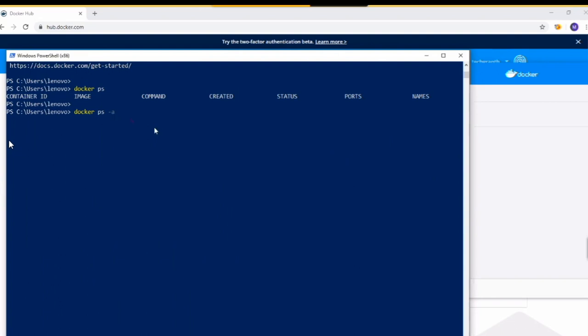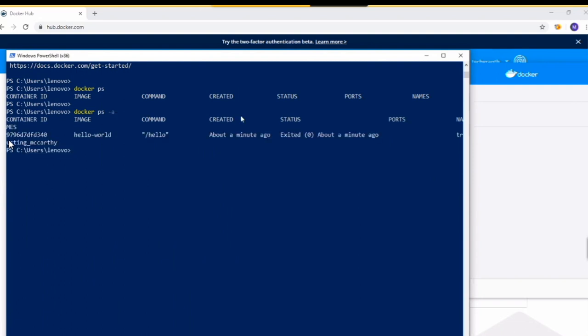Press enter here. Now you can see the details of that hello-world image container, right? And that has exited about a minute ago. Those details can be seen with the -a option only.